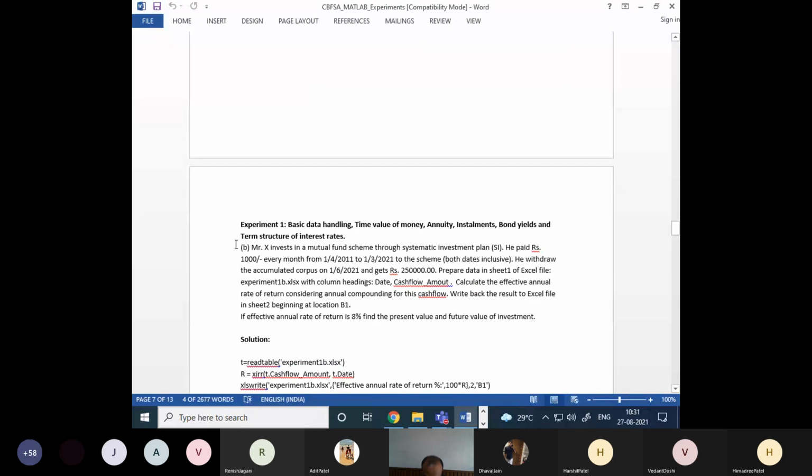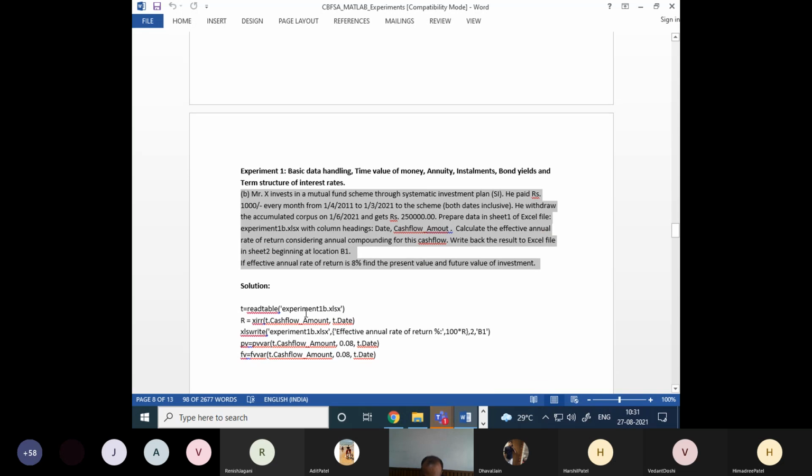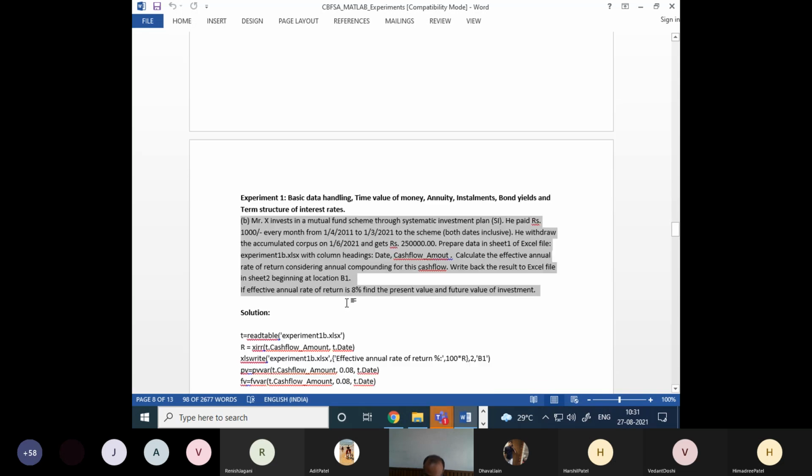And I gave this particular assignment, this experiment number 1B. Also, I have given the solution. Hopefully you have tried yourself and verified it. If you have any difficulty, you can tell me. Otherwise, I will go to what we need to do today because we are lagging much more. I want to know if there is any difficulty in that particular assignment. I have already given the solution. The Excel file I have also uploaded. So all things are with you.